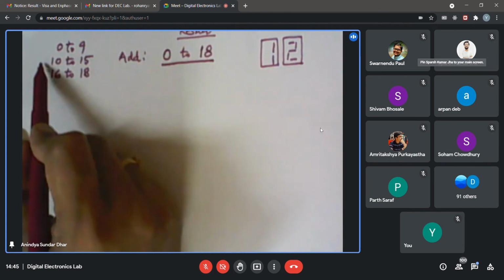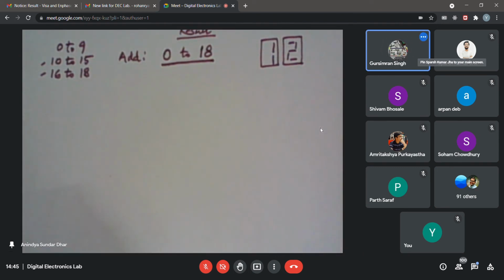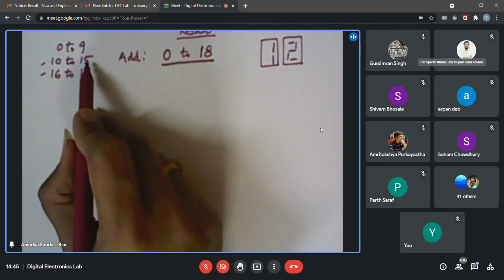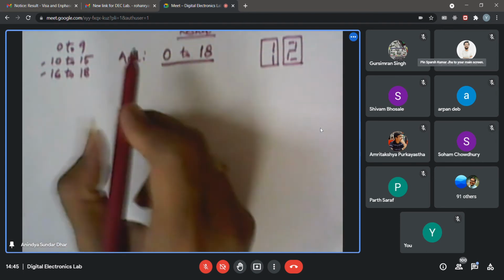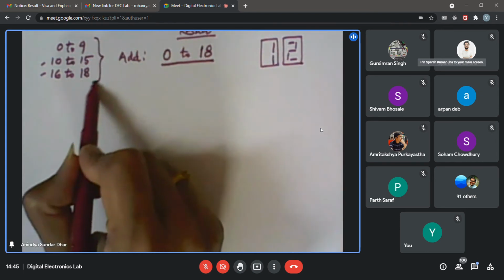What is the difference between these two? Number of bits change. Here you are getting a carry bit, and the lower-order 4 bits will appear to be less than 9. If you try to capture that part only, then the result might be erroneous. I'm just giving a small hint. I may not tell more than that because otherwise I'm telling the full thing. Probably you already are aware of it.